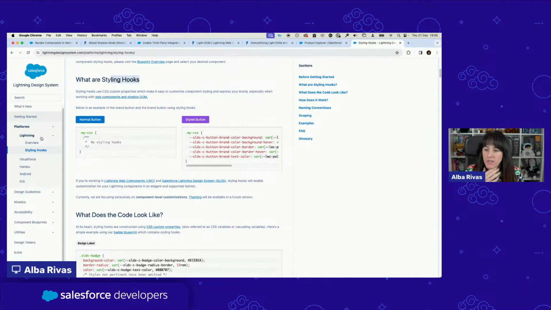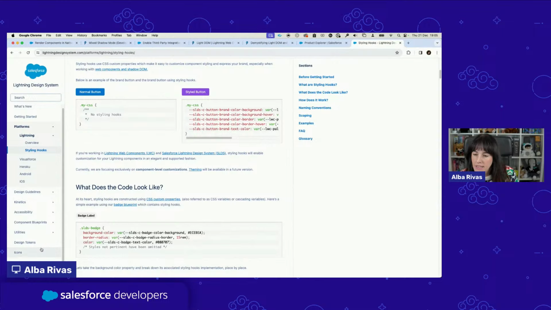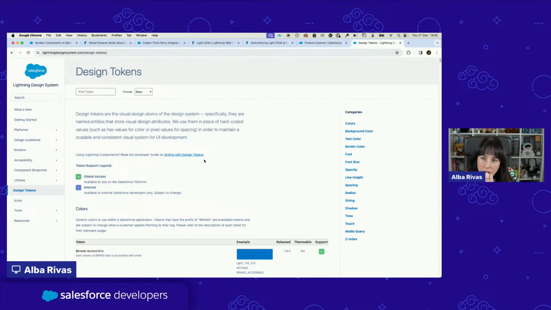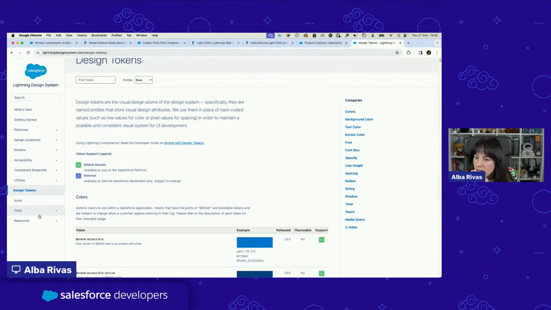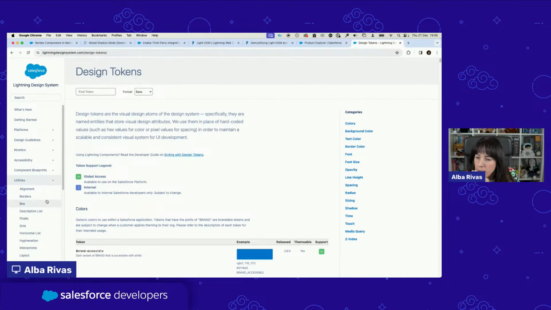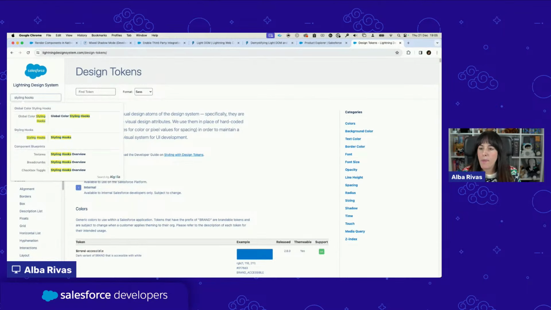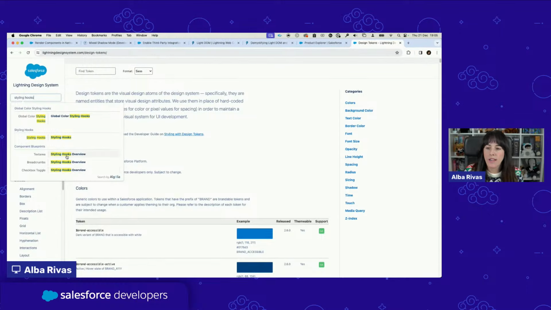And if you come here to the Lightning Design System webpage, there was a way to see styling hooks for base components. Here it is. Okay, so in component blueprints, for instance, if you want to check the styling hooks for